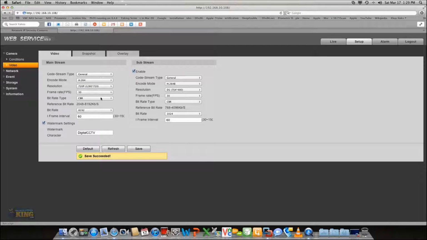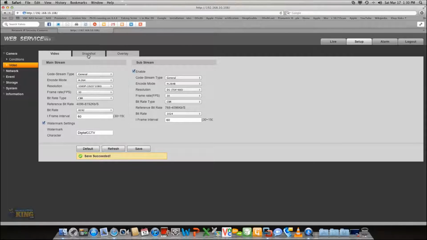Now, that configuration, when it's set to record at 24/7, is going to be 720p. But when you want to record based on motion and higher resolution, you just have to go to code stream type and then choose motion, and you will be able to change the resolution in here. Now, because I don't have anything set right now to be recording, I cannot change those settings, but you will be able to change it once you're recording based on what you wanted to be recording here, or whatever resolution you set in there. So let's revert it back to 24/7,